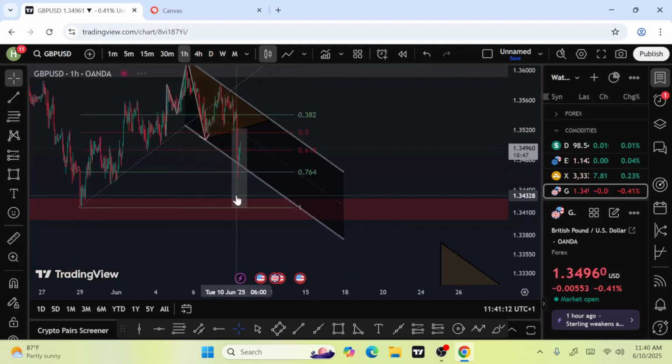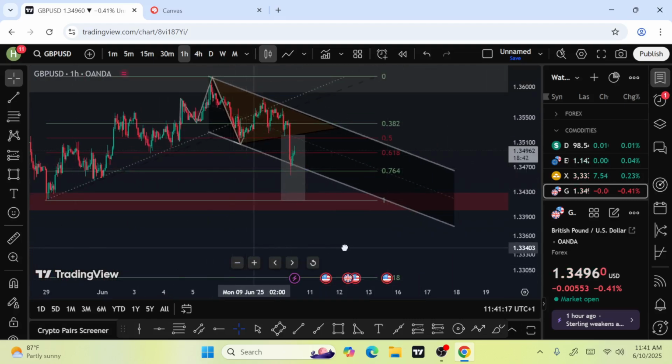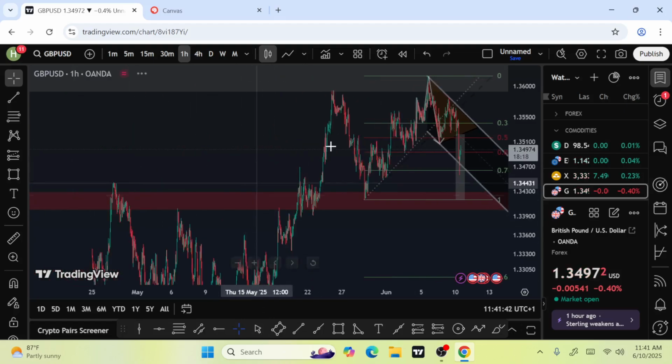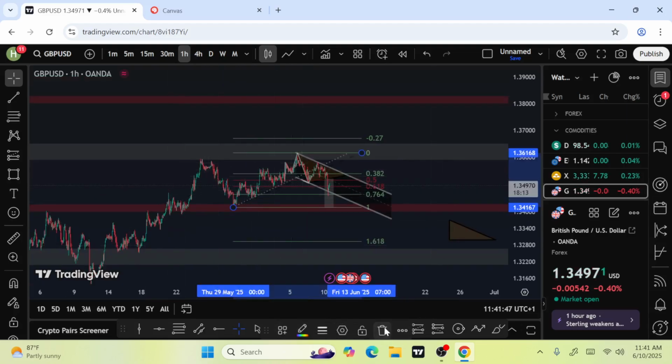Do you still remember at the beginning of our class? Oh, you have forgotten? Now market came all the way down, boom. It did not take, but at the end of the day, this guy swept out this liquidity. So once it sweeps out this liquidity, I even close below it. It is definitely coming to this next one, which actually came. But it has not closed, but it's still definitely coming because the height of this triangle is still coming to this point, at this minor zone. That is it.